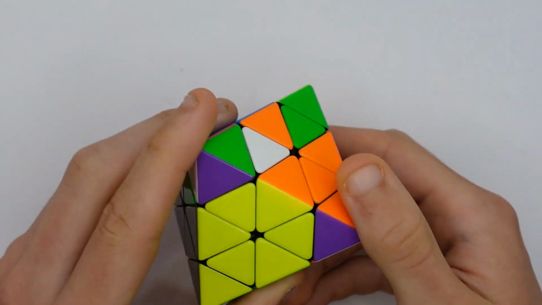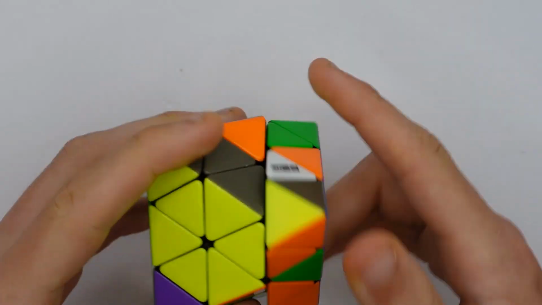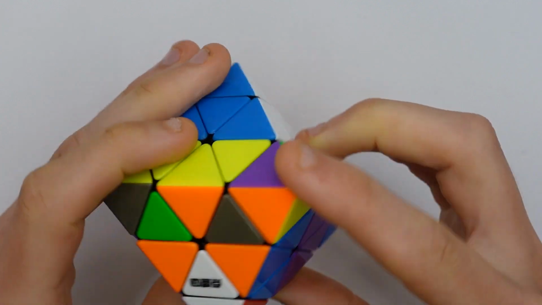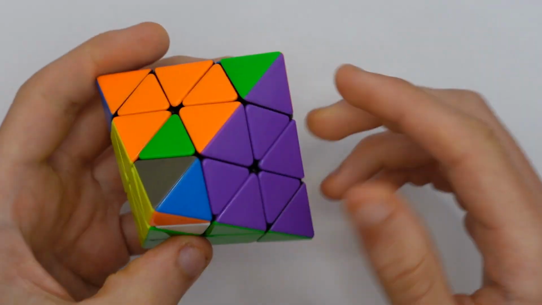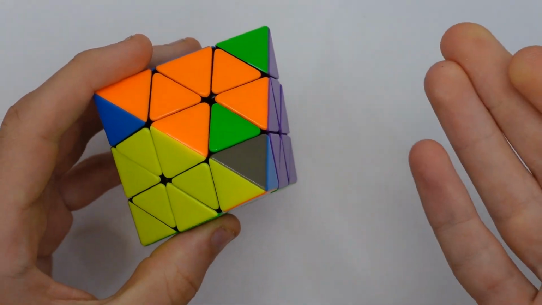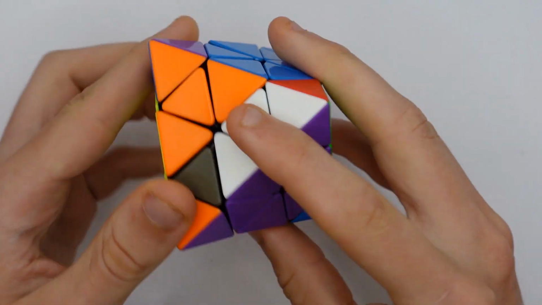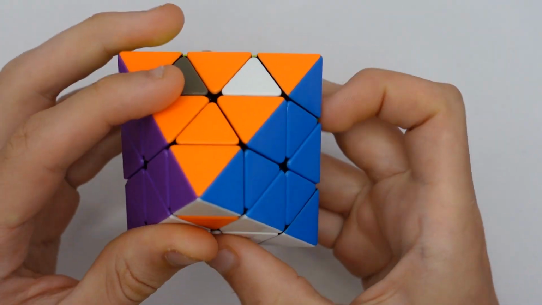Okay, so now I'm going to do a bit of flipping to try and get this triplet paired up. Right, so that's white paired up. So this is just the flipping. Well, it's just a sledge basically, because what doing a sledge does is it stops these getting messed up. Obviously there are other ways of pairing stuff up, but if you can mess these up, then you're in trouble. Right, so now I'm just going to do a sledge, which is going to solve this entire layer, and then I'm going to do